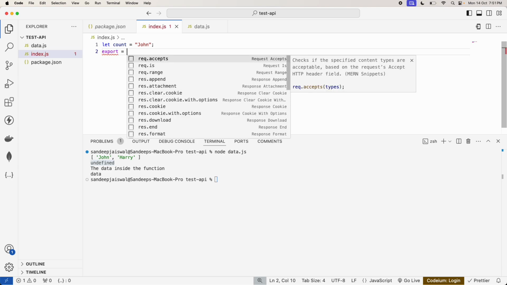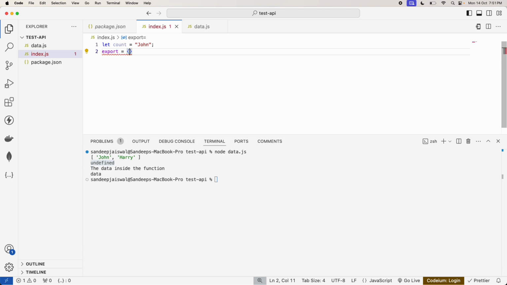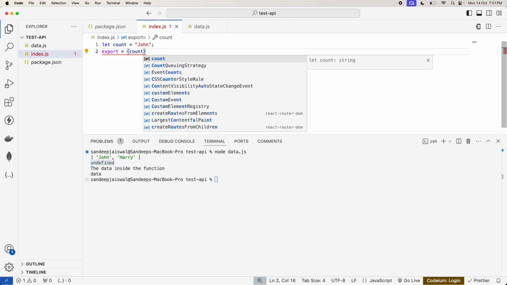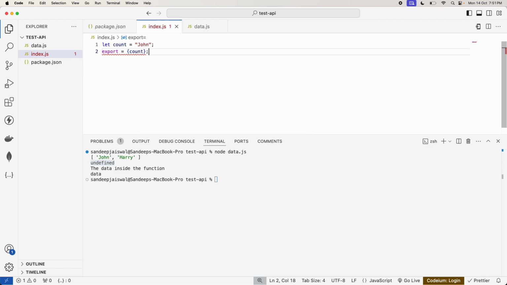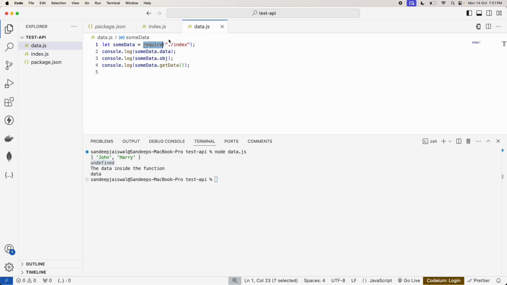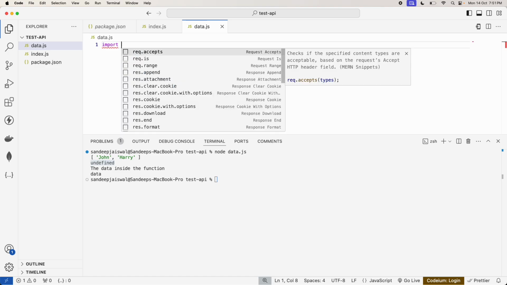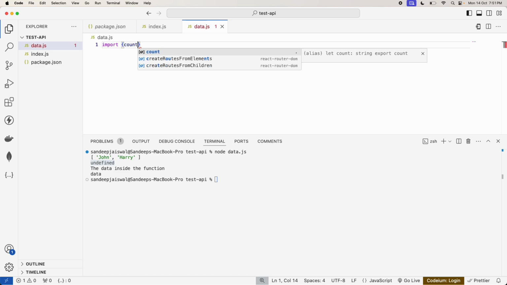So export will do... okay, no, not equals. Export count. So we are just writing export this count. Okay, that is one thing. So similar to that, in data, what we are going to write? We are going to write import, okay, count